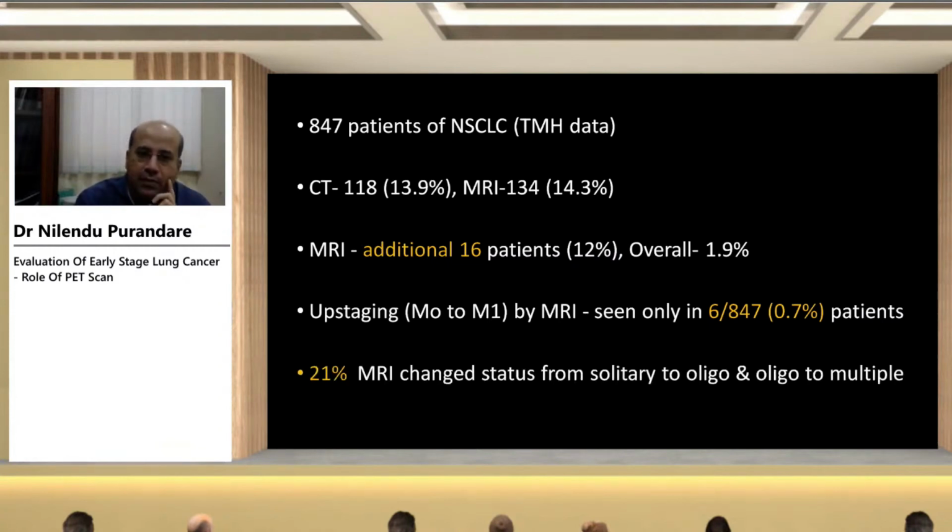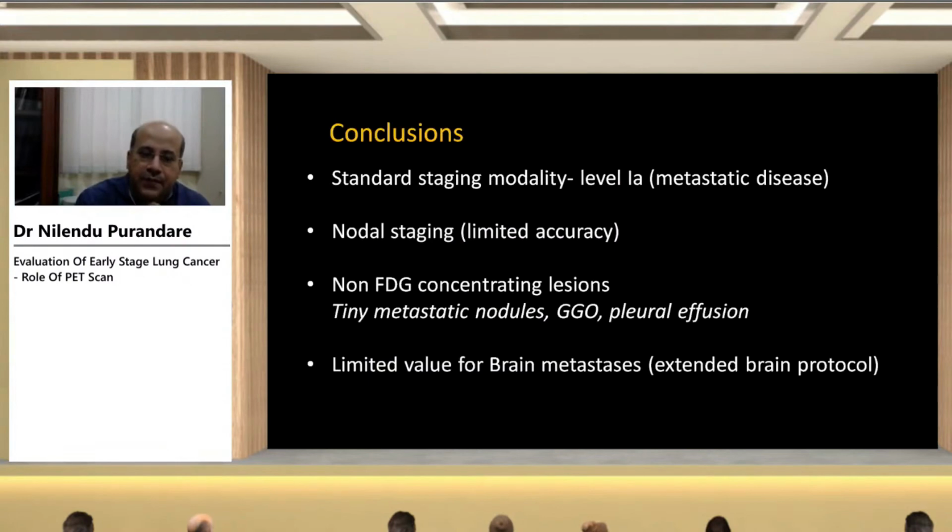But importantly, MRI changed the status of the disease from solitary met to oligomet, or from oligomet to multiple mets, in nearly 20% of the patients. So pure upstaging was done in less than 1%, but change of the status of the metastases is where MRI can be very useful. So to conclude, PET is a standard imaging modality. There is level 1A evidence, as we saw. There are randomized trials. It's part of most guideline recommendations,